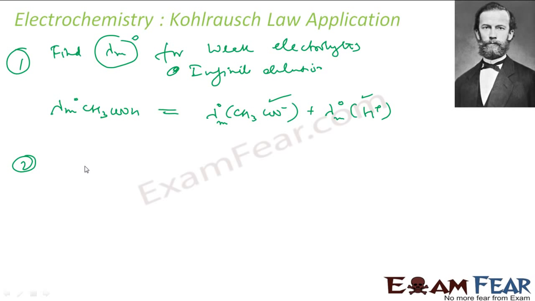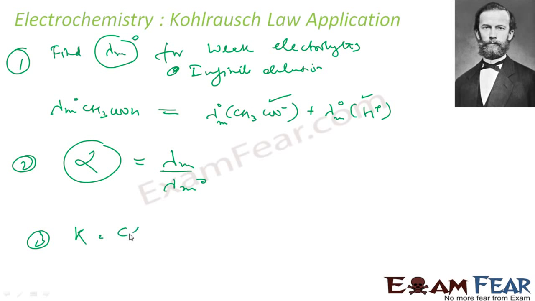The second application is that it is used to find the degree of dissociation alpha. As I told, alpha is almost equal to lambda m by lambda m naught. Once I have alpha, I can easily find the equilibrium constant, C alpha square by 1 minus alpha, at least for this equation. So I can find the dissociation constant, I can find the equilibrium constant, I can find the value of molar conductivity for a